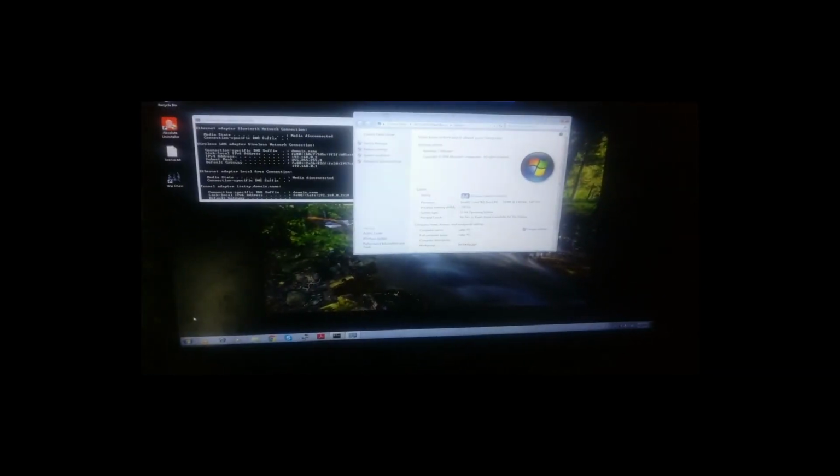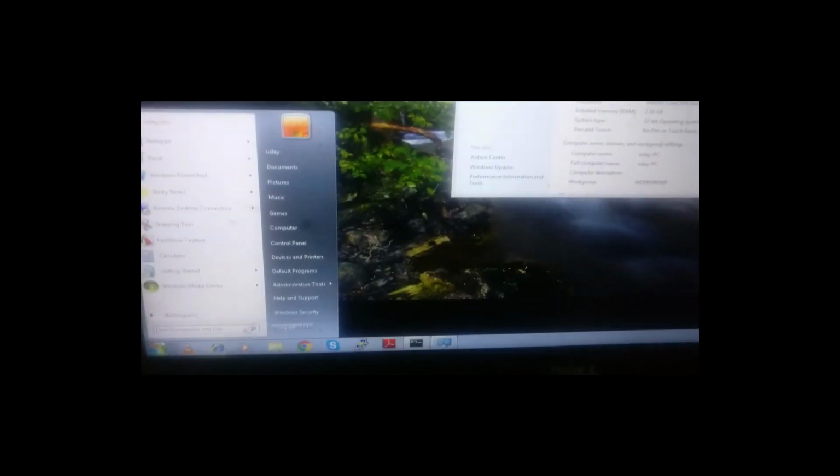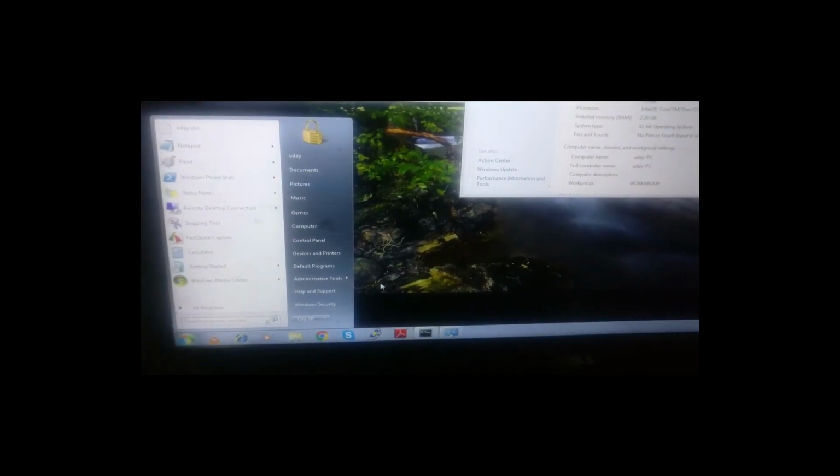I can use that machine, or if I want to go to my main laptop, I can just minimize that and I can open again and work. I can turn off, do any work or anything from here. I can even shut down the machine from here. In Windows 7 it is disabled, I can just log off. From Windows 10 onwards I can shut down.